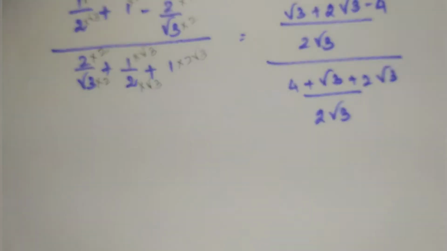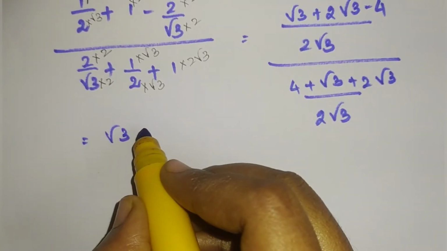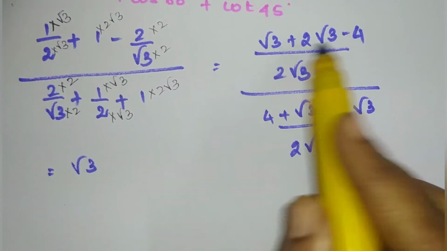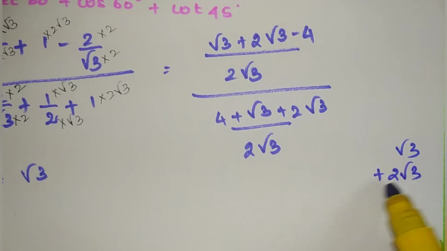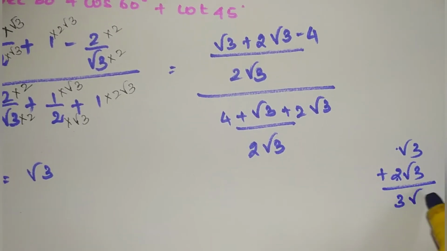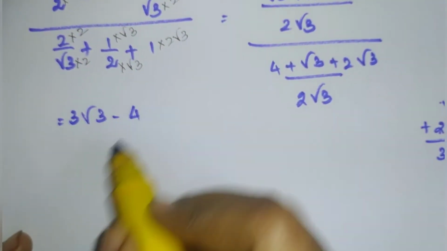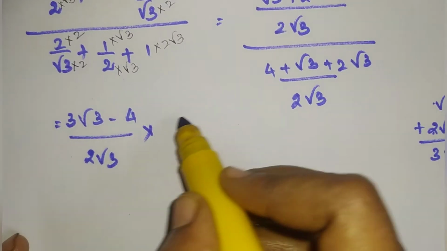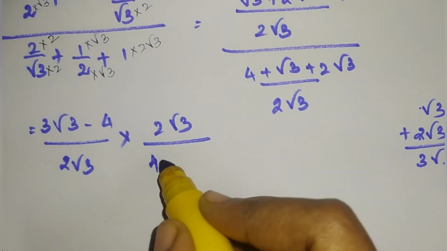Now take the reciprocal of this one. Root 3 plus 2 root 3 is 2 plus 1 is 3 root 3. So 3 root 3 minus 4 divided by 2 root 3 into 2 root 3 divided by 4 plus